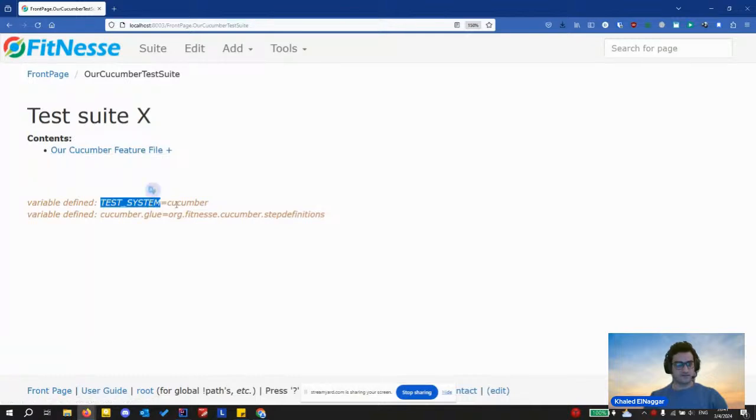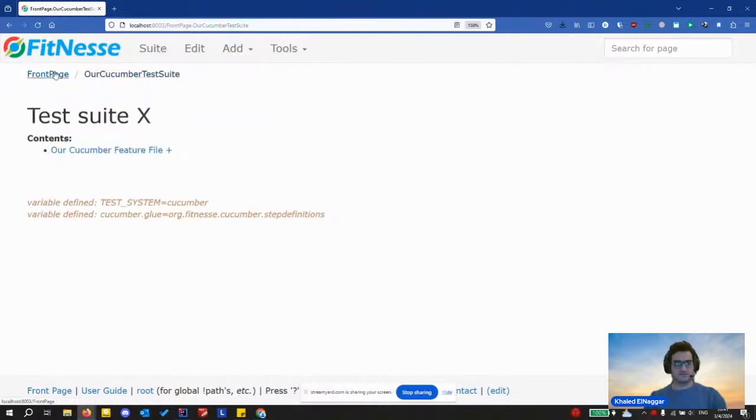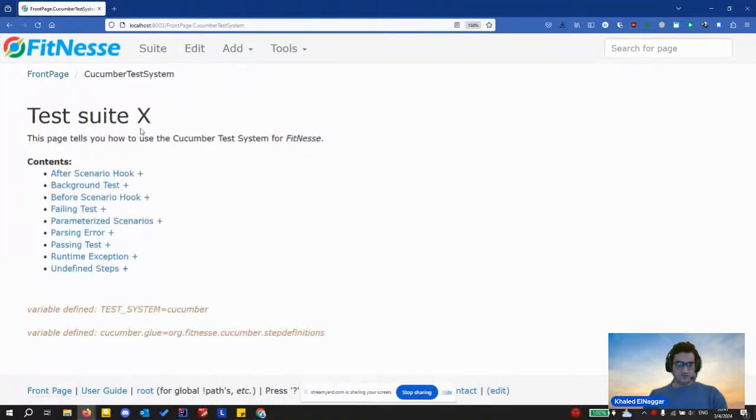Only this line gets executed only when we run the test itself. This is where fitness takes the content of this page and injects it into Cucumber, which runs it against Cucumber. Now let's go back to the first page and walk through some of the features that Cucumber supports and that we will showcase here. As we said,